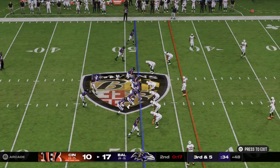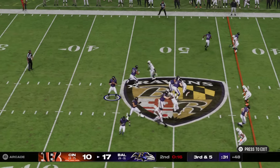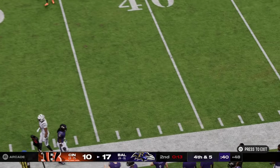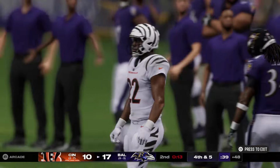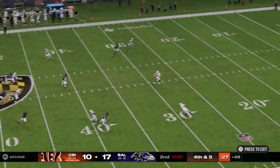3rd and 5. Here's Flacco to throw. He'll be forced to just throw that one away. It's incomplete. We're starting to see a lot of this on 3rd down, Mike, where they're going to rely on the run after catch to pick up these 3rd down conversions. So you know what that depends on? You have to actually complete the ball, and in this case, it falls incomplete,